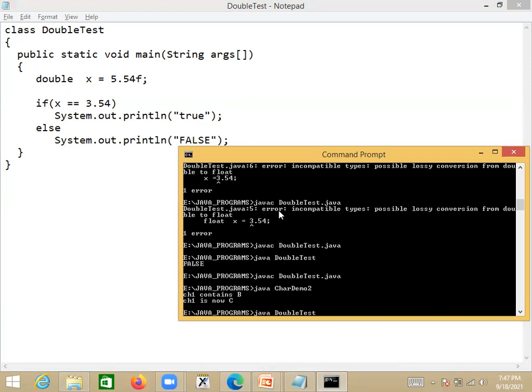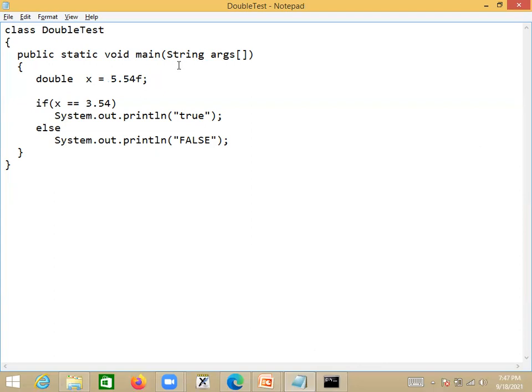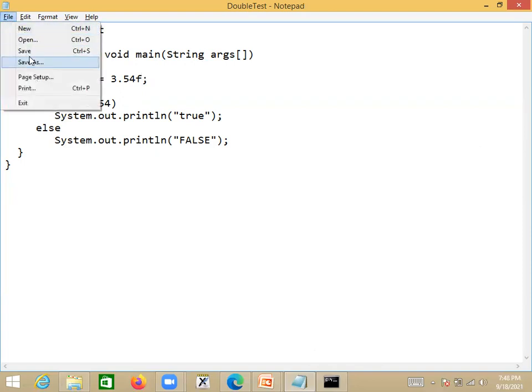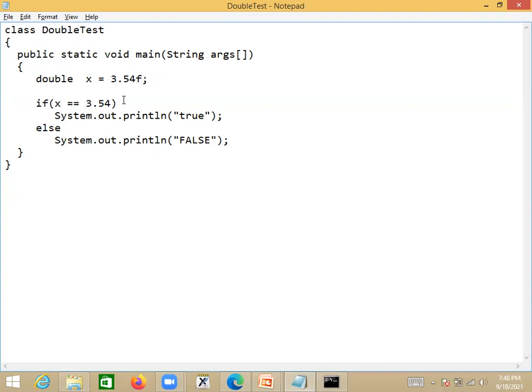If I declare X as double and try to store a floating point number in it, will I get any error? We have to remove F, then it will be okay. If we keep F, do you expect any error? You can confirm this by executing such programs. When you write and test them, you will come to know.